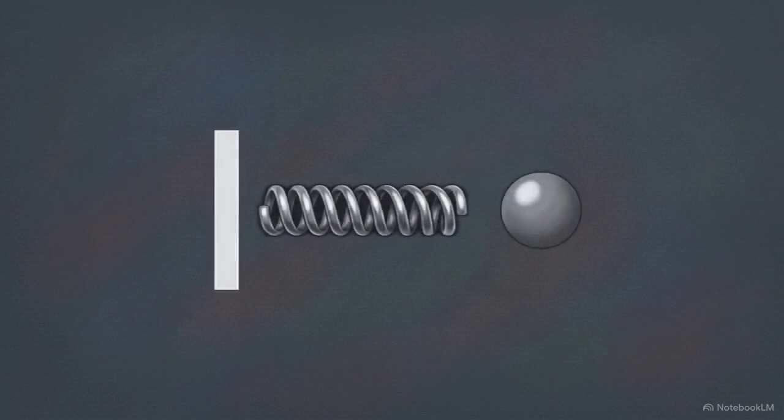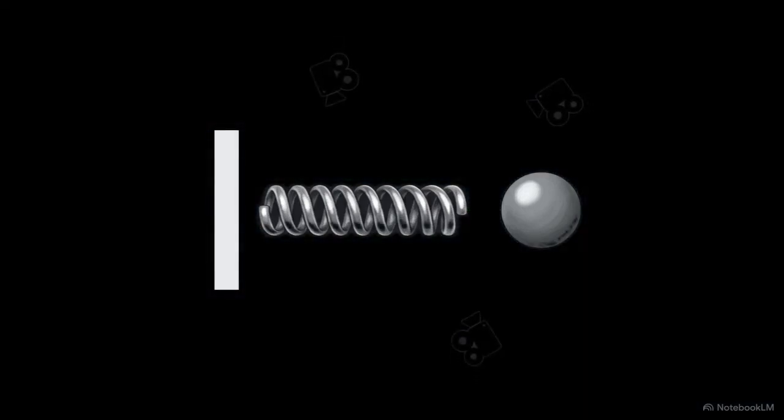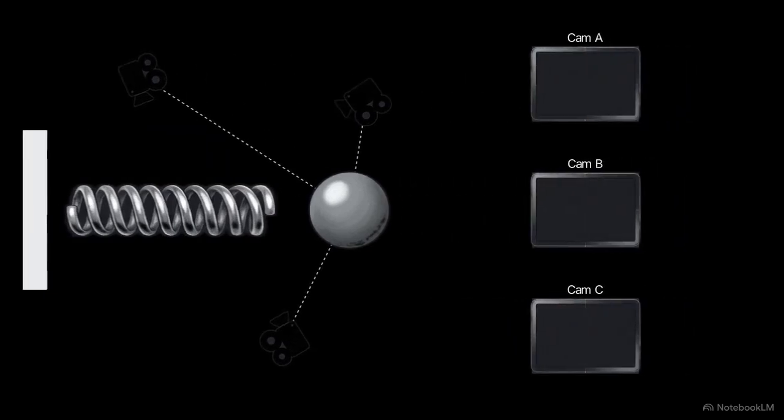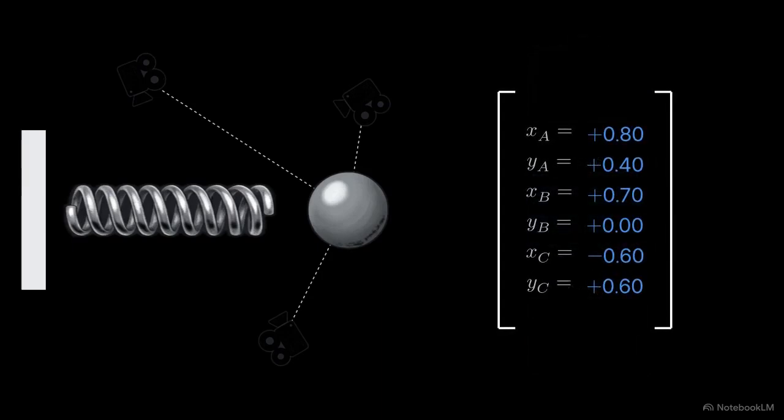Imagine an idealized physics experiment, a ball attached to a frictionless spring. When released, this system has a very simple underlying dynamic. It oscillates back and forth, and its true motion moves strictly along a single horizontal line, a one-dimensional axis. Now imagine we are the experimenters, but we don't know this is a one-dimensional system. To be safe, we set up 3 separate cameras around the spring, pointing at arbitrary angles to track the ball's position. Each camera records a 2-dimensional projection of the ball, spitting out an x and y coordinate at every frame. Our simple one-dimensional physical reality has just been transformed into a convoluted 6-dimensional mathematical vector stream.